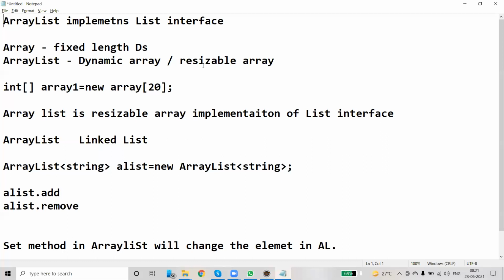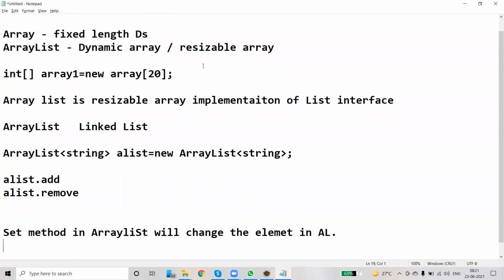Arrays always come with a fixed size, but array list does not. And the rest of the properties are the same. Arrays can also store only one single type of data. That means if you specify array list of string, it can accommodate only string type data. Apart from that, array list has so many methods.